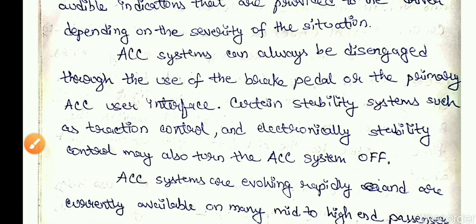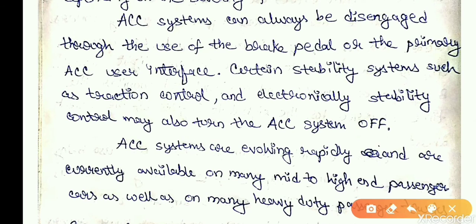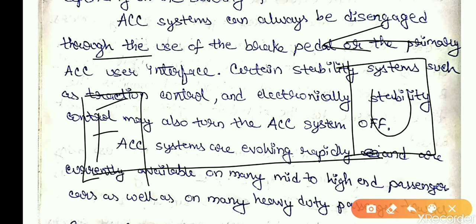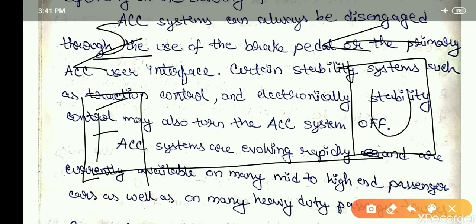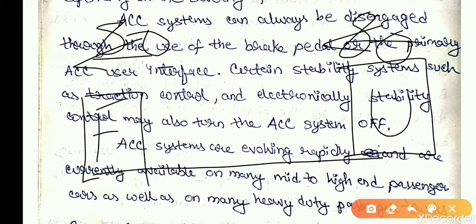Let's say this is your vehicle. This is the road surface, and this is the host way. This is the vehicle in front of you, the front vehicle, and both vehicles are moving in this direction. This vehicle is moving at 80 km per hour, and your vehicle is also moving at 80 km per hour. Suddenly this vehicle drops to, let's say, 60 km per hour, and again this vehicle is accelerating.